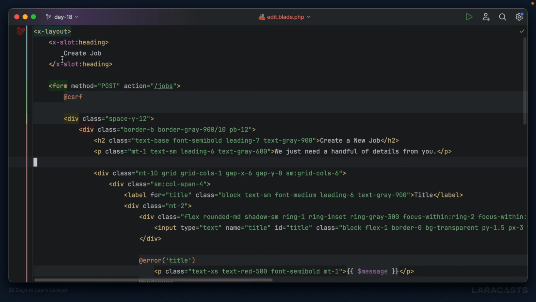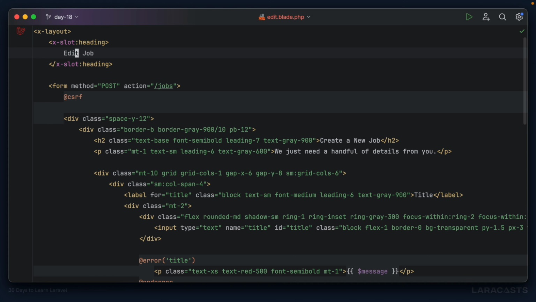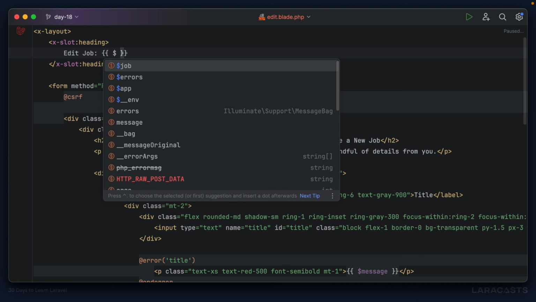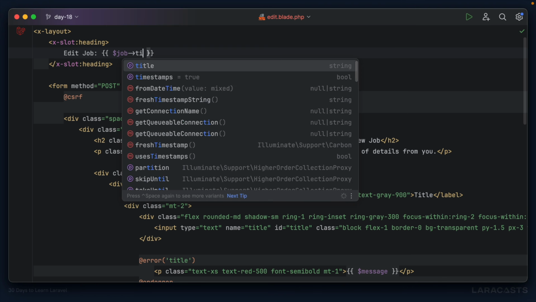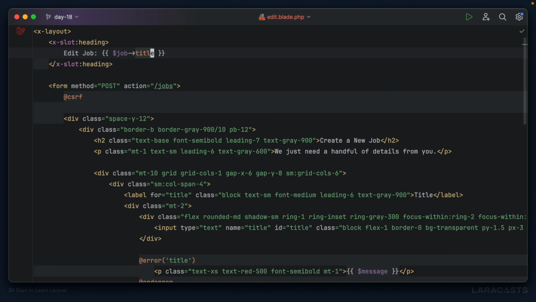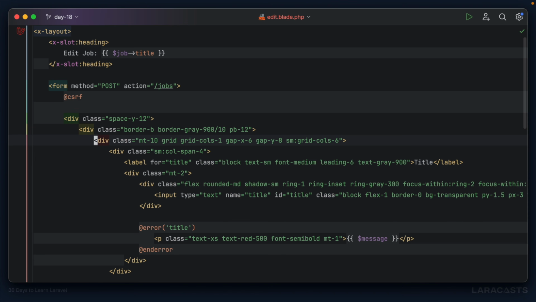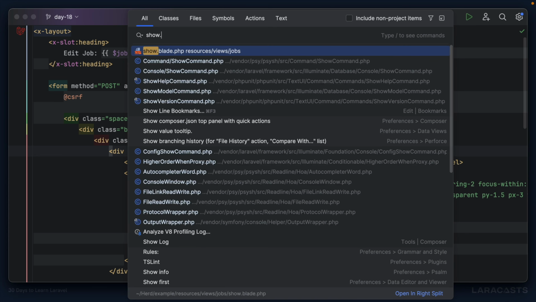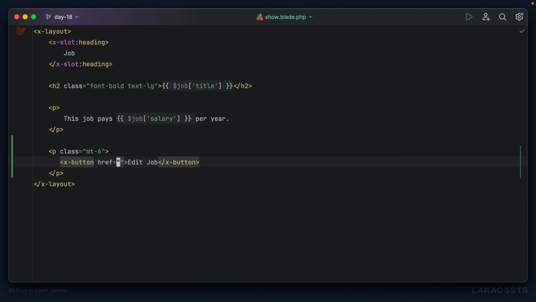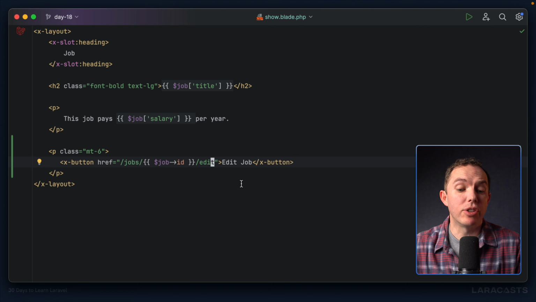And if we have a look here, we'll change this to edit job. And then I'll expect to have a job object. So I will say edit job and then the title of the job. And then let's get rid of this section right here. And yeah, we'll have a look in the browser. So if I go back to my show view, I can update the href to jobs / the ID of the job / edit. But actually, before I do that, notice how we're now accessing our attributes in two different